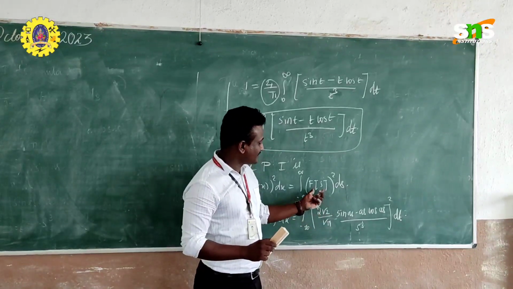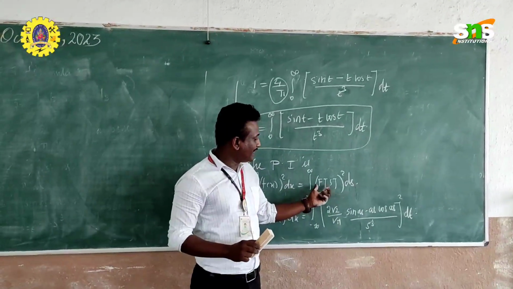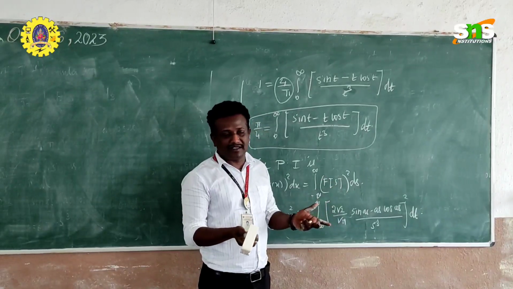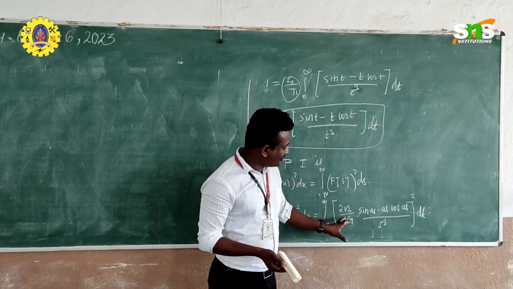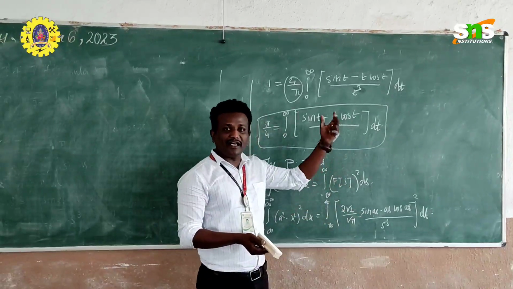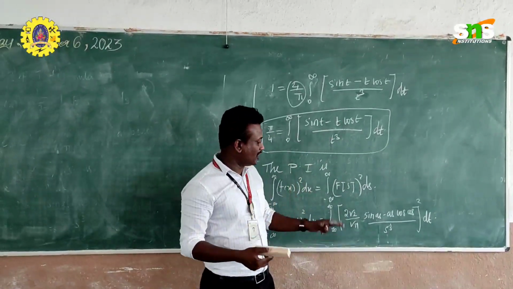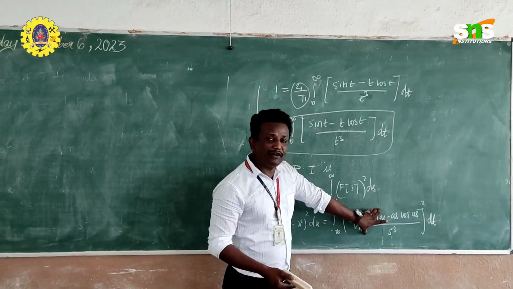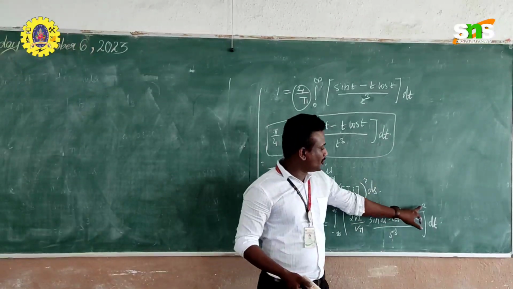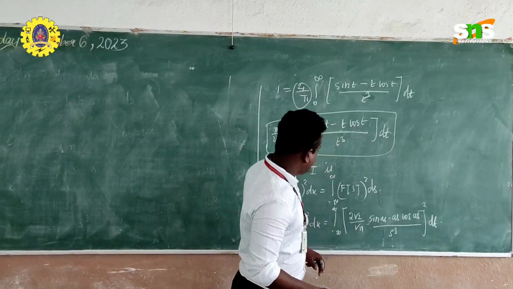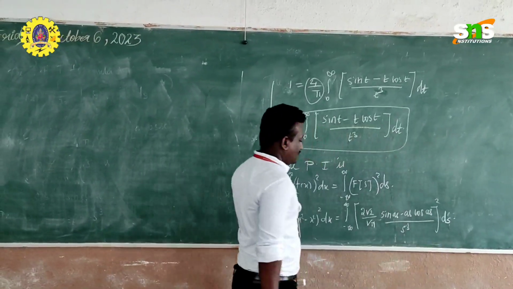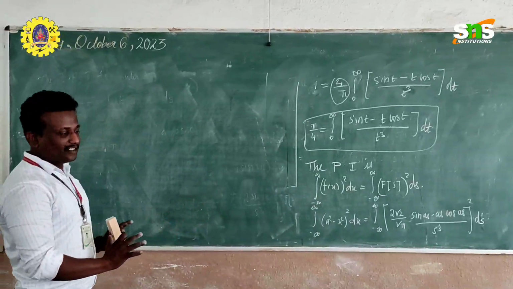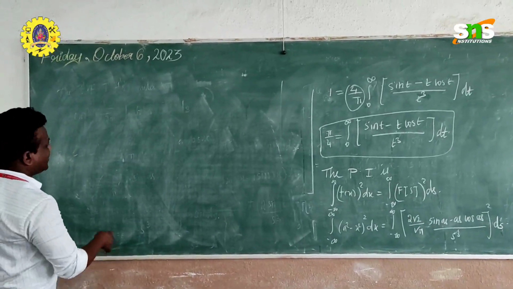Now let us come to this side. On this side we have f of s. F of s is nothing but our Fourier transform answer. So what is our Fourier transform answer? Already in our first part we have got one result. That result I have written here, which is the whole square into ds, not dt, into ds. Now we are going to simplify this part. After simplifying, we will get the final result.